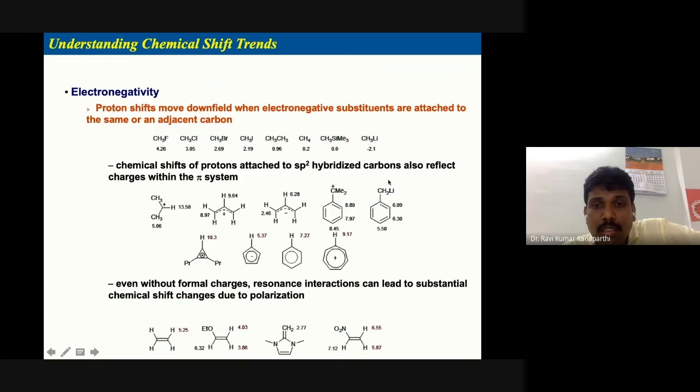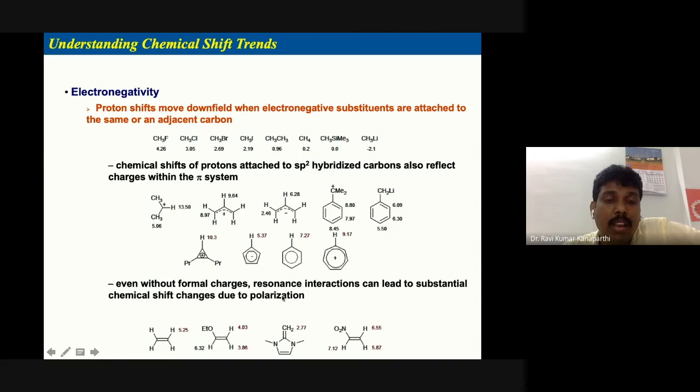And then lithium, as we just discussed, in this case is electropositive. Usually the benzene protons will be above 7, but because of the lithium presence here, the meta and para protons are actually moved a little upward, that is upfield, shielded. So depending upon the kind of charge you have, accordingly we have different types of chemical shifts.